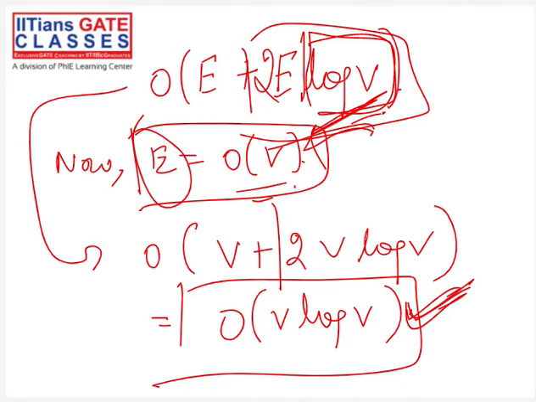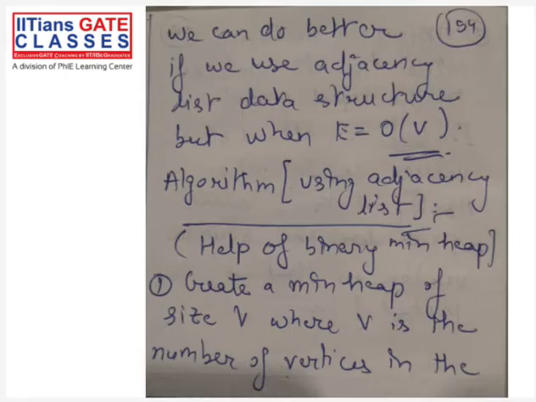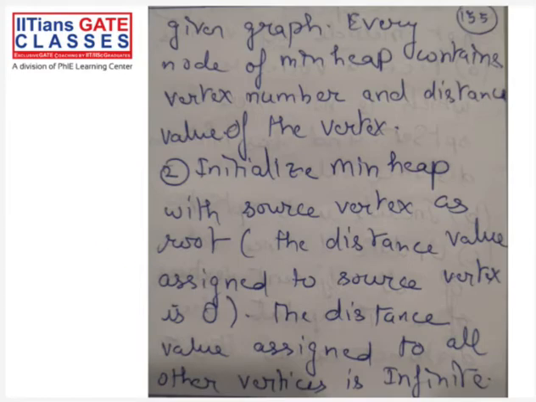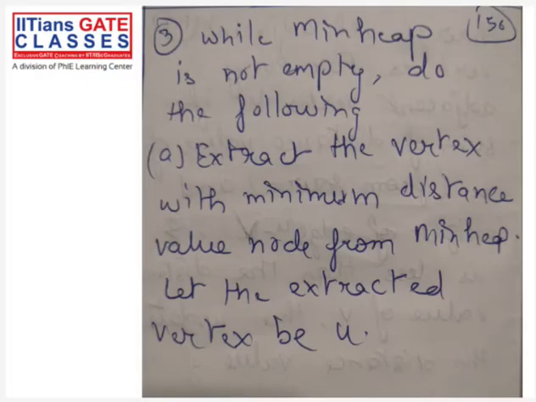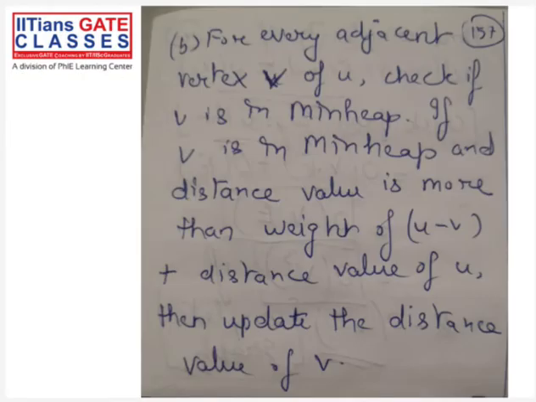So let's just see what we have in the slides. I've written the same thing, I think. Okay, so create a min heap of size V where V is the number of vertices. This we all know. Every node of min heap contains vertex number and distance value, or I'll say key, whatever we are saying, right? Initialize min heap with source vertex as root, and distance is assigned to infinity, and you create the min heap. Okay. While min heap is not empty, do the following: extract the vertex with minimum distance, and let the extracted vertex be u. Now once you extract the vertex, for every adjacent vertex v of u, okay, all the adjacent vertices, check